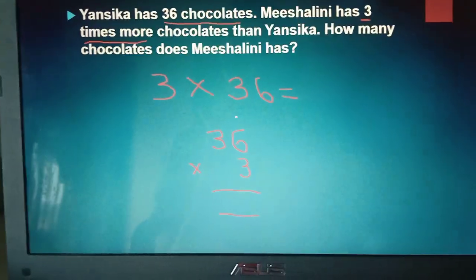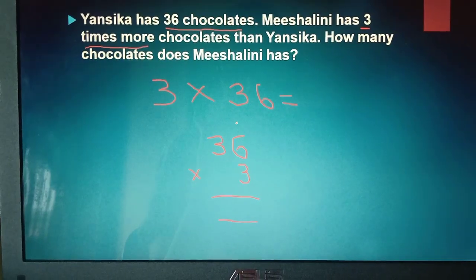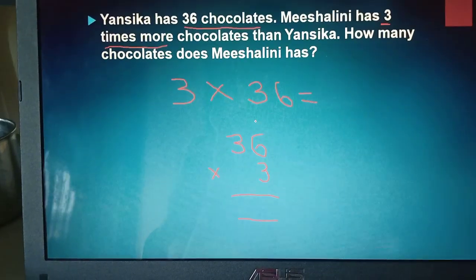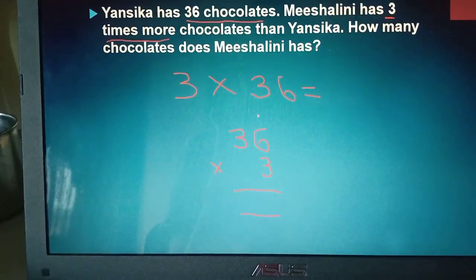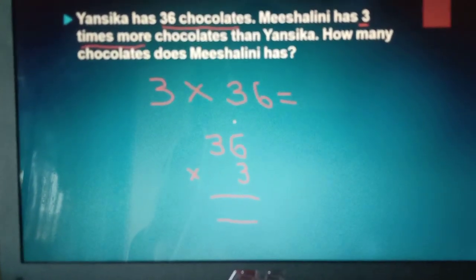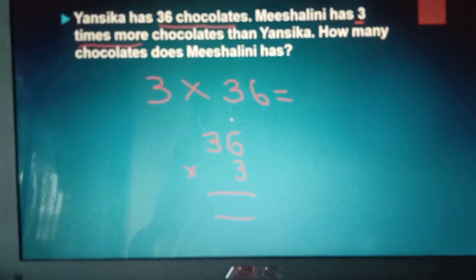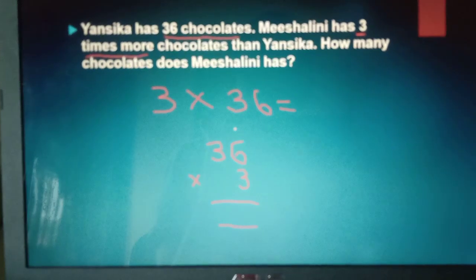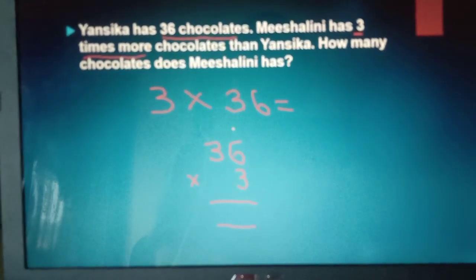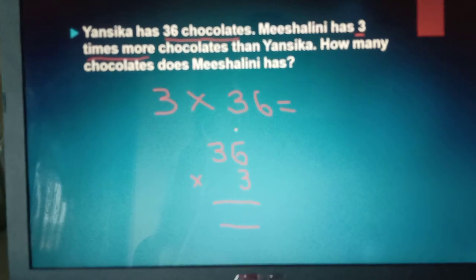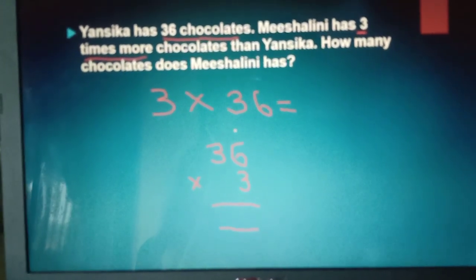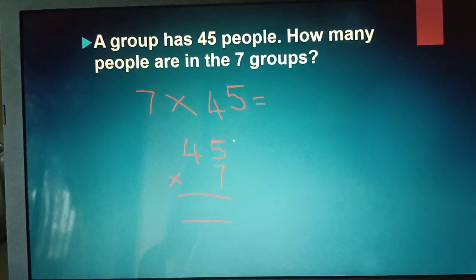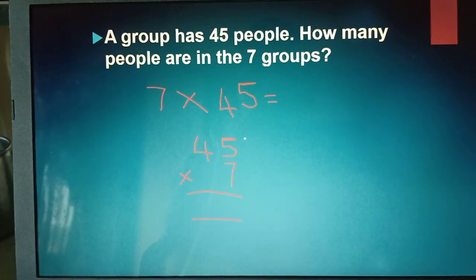Okay class, you must know 2 things here. We cannot plus. Maybe you are wondering if in multiplication the question sometimes will ask you to find how many chocolates there are altogether, find the total. Altogether and total refer to plus addition, isn't it? But we cannot plus here. Why? We will have 2 different items, 2 different objects, like just now, people and group. We can't plus, so we will use multiplication.